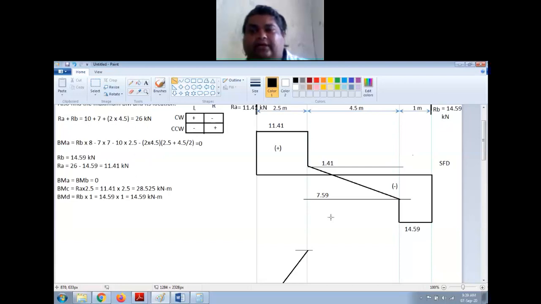We have studied earlier that the point where shear force is equal to 0 and it is changing the sign from positive to negative or negative to positive, the maximum bending moment occurs at this location. So this is the location at which maximum bending moment occurs. So I'll first have to find this location. So for this, I will do another construction. I'll draw a horizontal line like this first